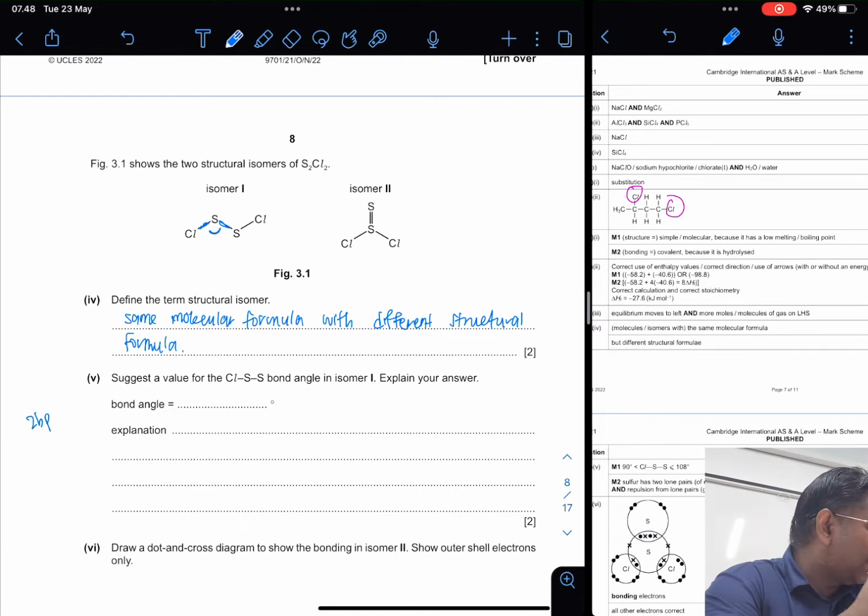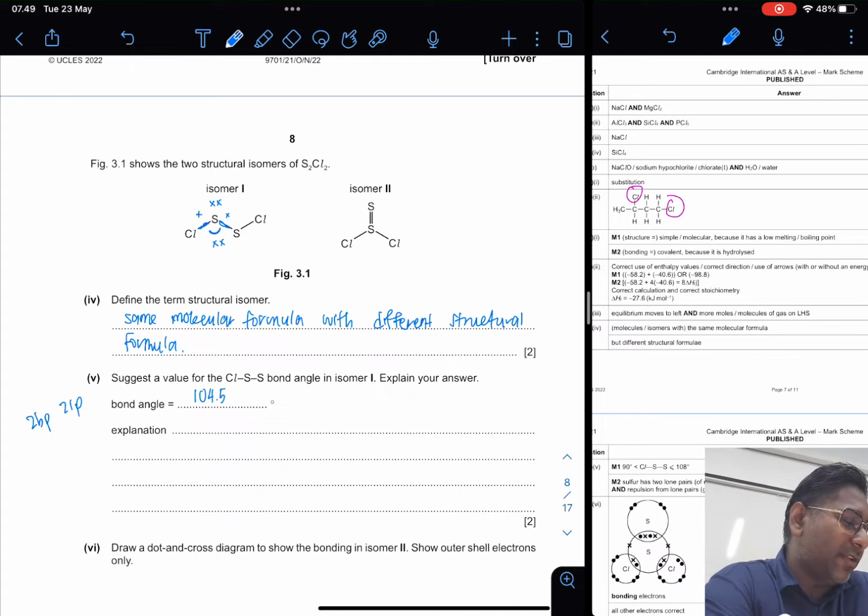Sulfur is going to be group 6 or group 16. If you have group 16, 2 electrons are going to be shared for covalent bonding, and you are going to have another 2 lone pairs, that will make it total 6. So we have 2 lone pairs also. So this structure, two bonding pairs and 2 lone pairs, is similar to the structure of water. So the bond angle is going to be non-linear, similar to water, which is